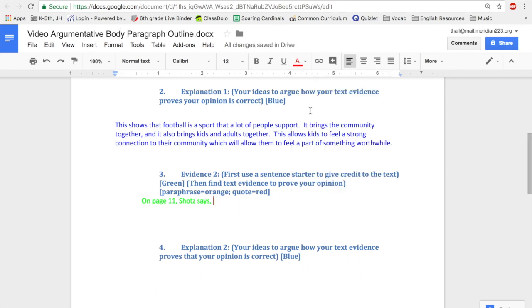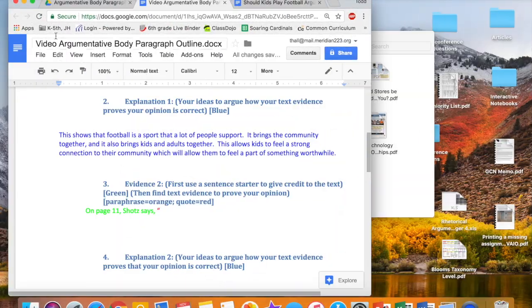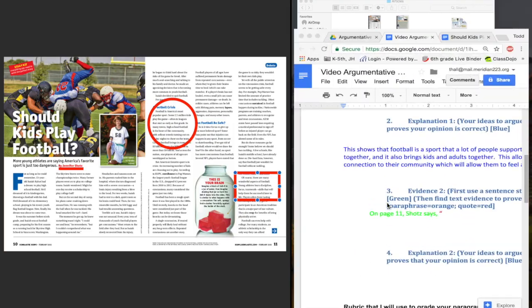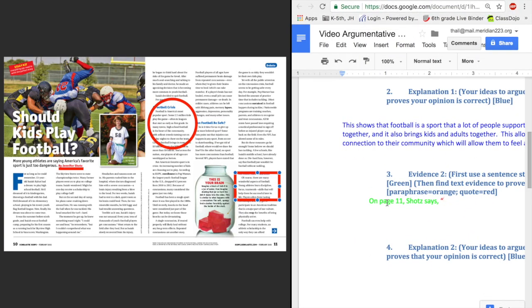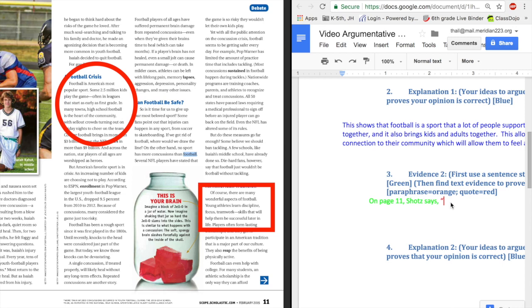Remember, when we quote, we need to use the author's exact words. I can't even change one word. So it's going to be word for word. So I'm going to do a Windows snap. Actually, this is a Mac snap because it's a Mac. But if you were writing on your computer, what I recommend is doing a snap like this, where you have the article on one side and you have your outline or paper on the other side. And then you can use the exact words. Okay, and I'm going to use that where I have it boxed in word for word.